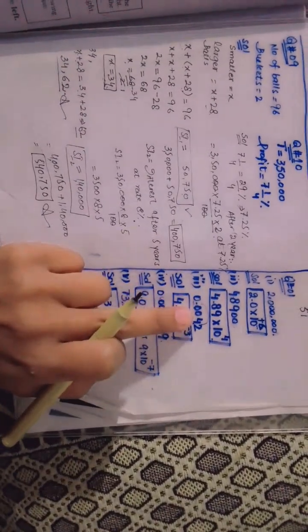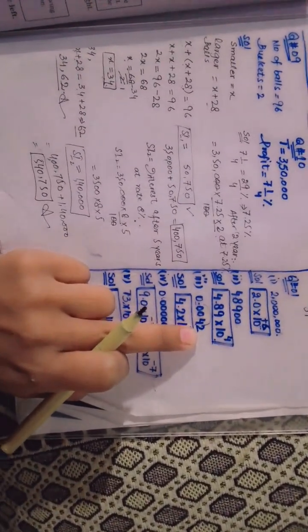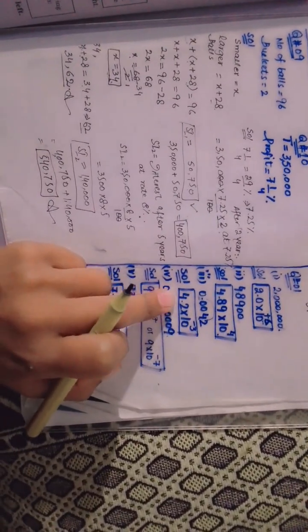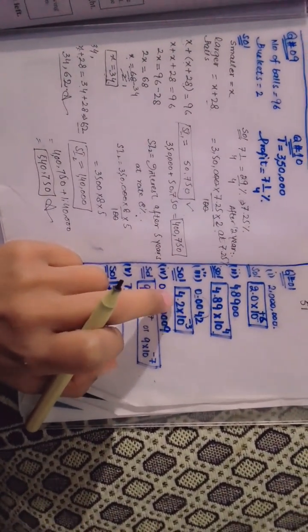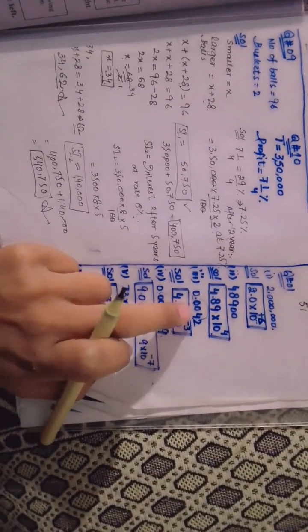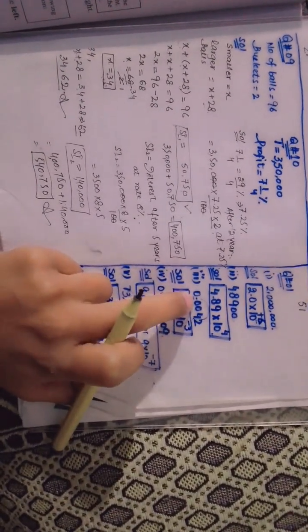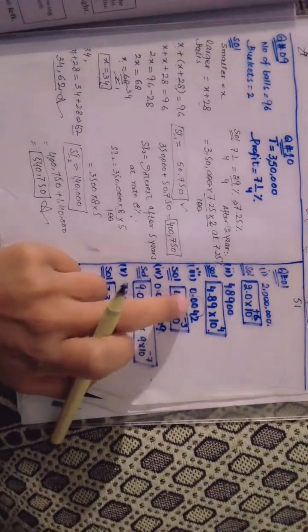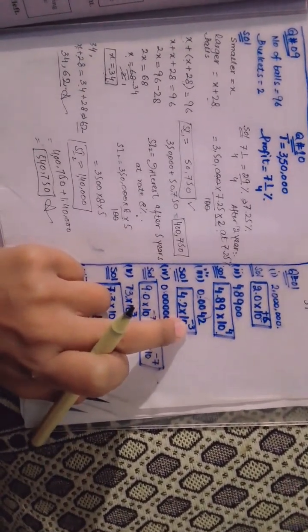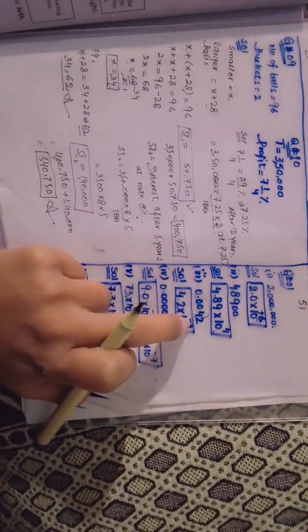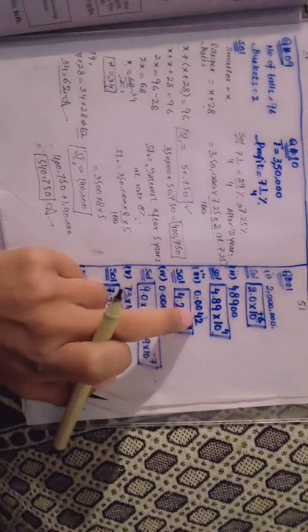Third one is 0.00024. We will write here point after a one non-zero digit. So 2.4 multiplied by 10 to the base minus 3, because point moves from left to right. So how many numbers are moved? 1, 2, and 3. So here 3 is because of this. Minus is because of movement from left to right.